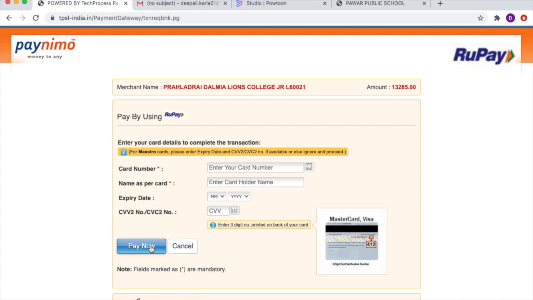Your PDF copy of the form and your PDF copy of the receipt are very important. These two documents are very important as proof that you have taken admission in our college. They will be asked for submission as and when we demand them, along with all other documents that you have to submit. I hope you must have understood each and every step of your admission. Complete your process very carefully.